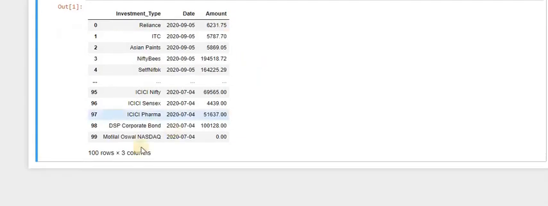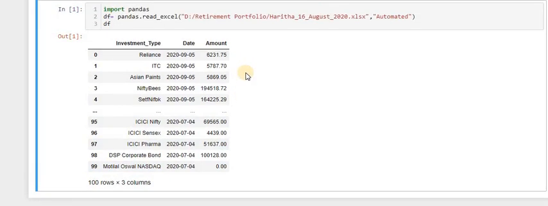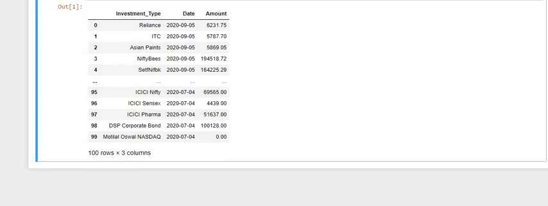So now we are going to get a sheet like this. See, 100 rows of 3 columns, 1, 2, 3 columns, and like this you have 100 rows. It just gave the first 5 rows and the last 5 rows. So it is executed in the form of a table, right? Now for this, my question is, I have to